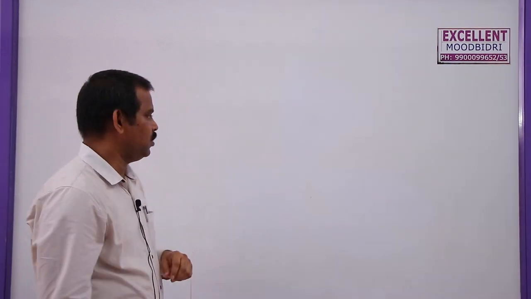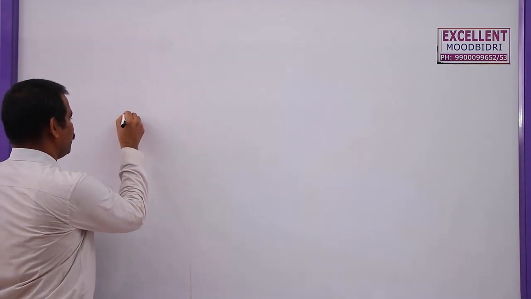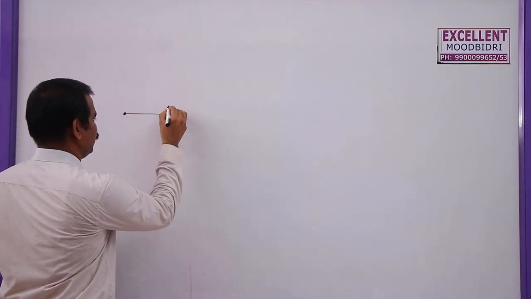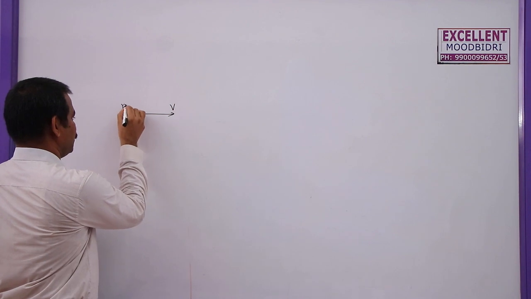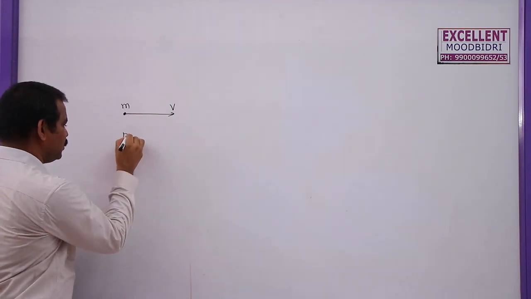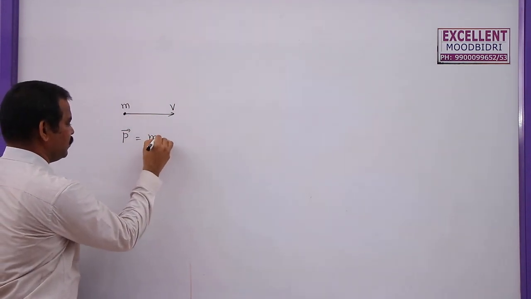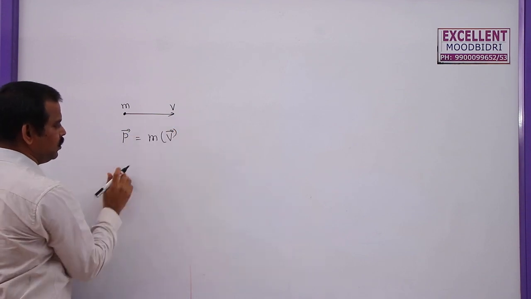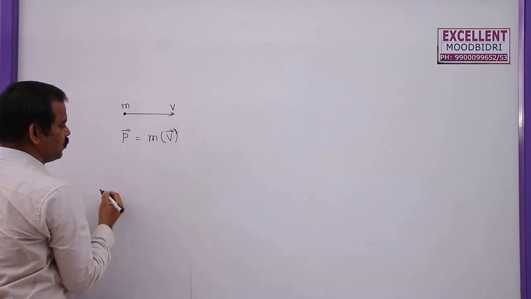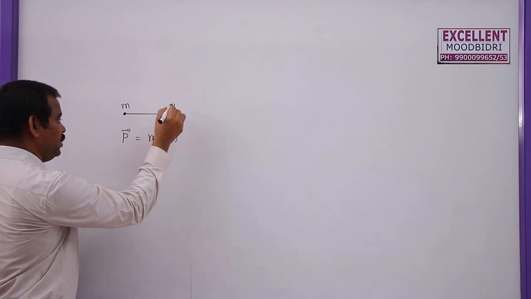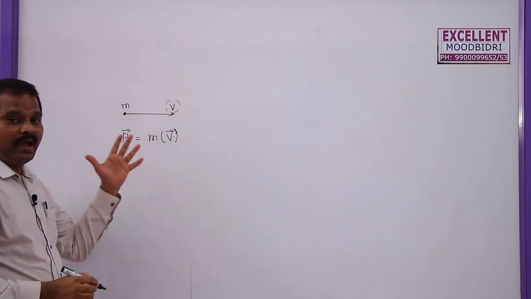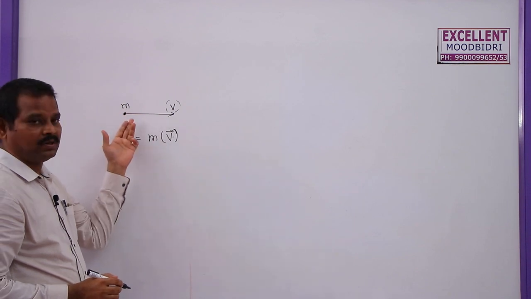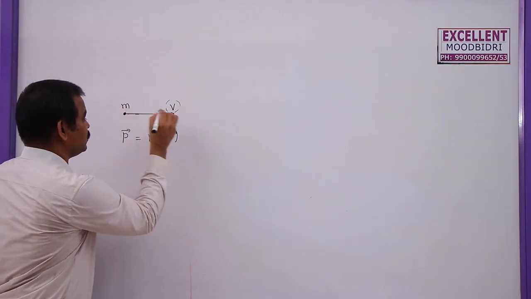If you want to change the linear momentum of a body, let us say a particle is moving along a straight line with a velocity v, where the mass of the body is m. We know that the momentum is given by p bar equals mass into velocity, because mass is a scalar, don't put an arrow there, and velocity is a vector, so it has an arrow. Now, if I want to increase this velocity, I need to apply some force on this particle. Already the particle is moving with this velocity.